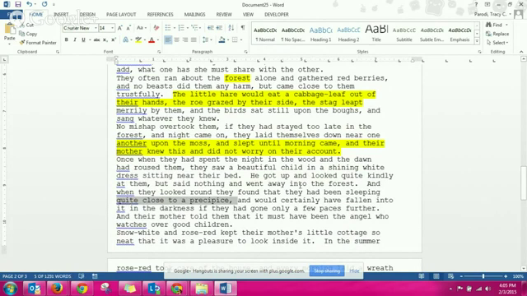Quite close to the precipice, and would certainly have fallen into it in the darkness if they had gone only a few paces further. And their mother told them that it must have been the angel who watches the good children. Snow White and Rose Red kept their mother's